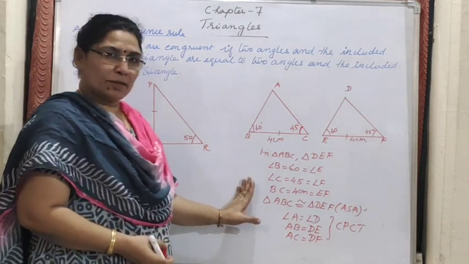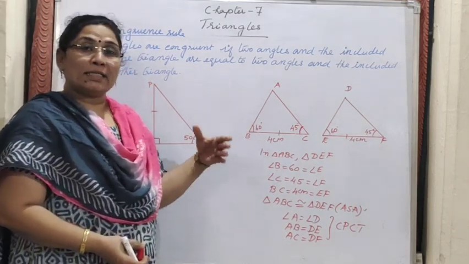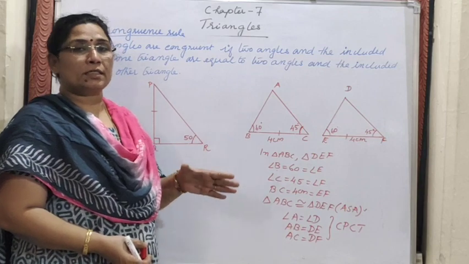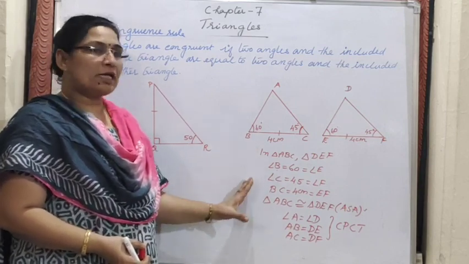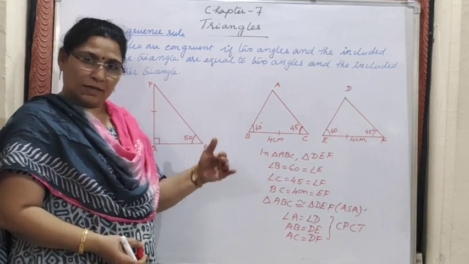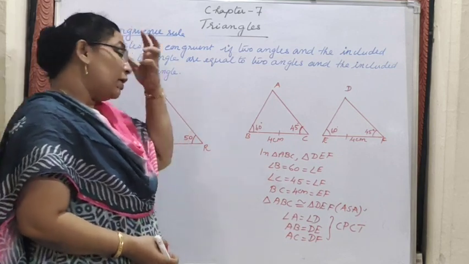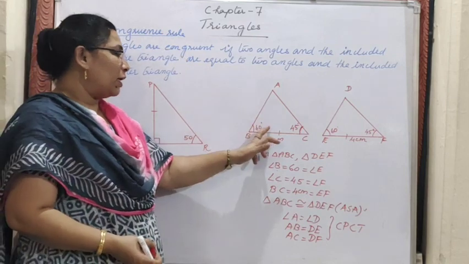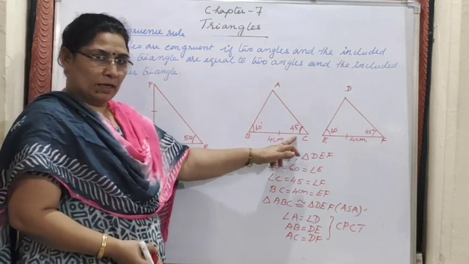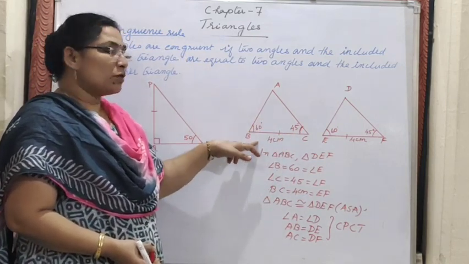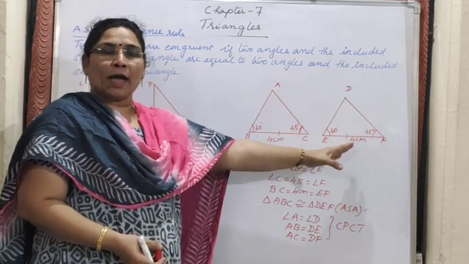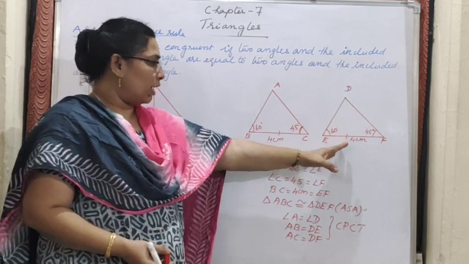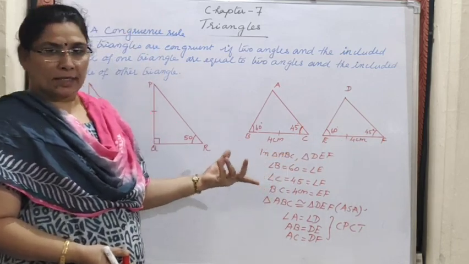So this is the concept of the idea, but here as a theorem we have to prove, means it is required a long step, but this year it is deleted. So we are directly explaining the concept for you, and we learned in lower classes also this one. So how many angles we have got here? Two angles are equal here, and what is the included side also given. So if that is the case and it is equal to the two angles and the included side of the other triangle, then the two triangles are congruent.